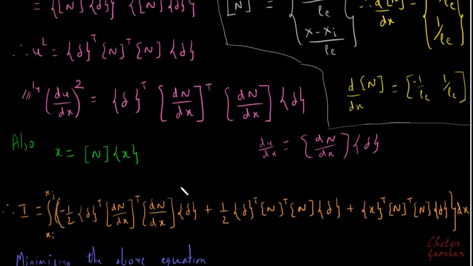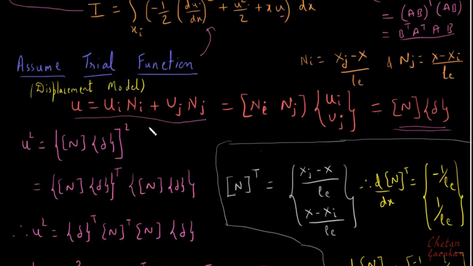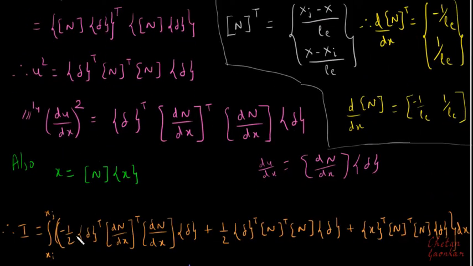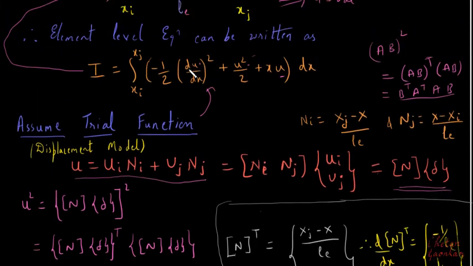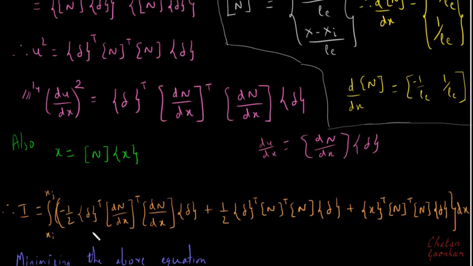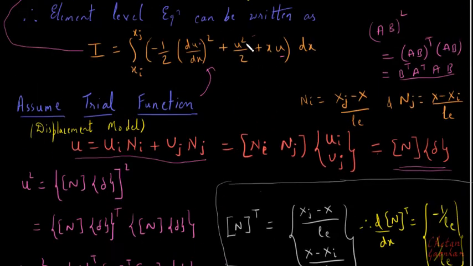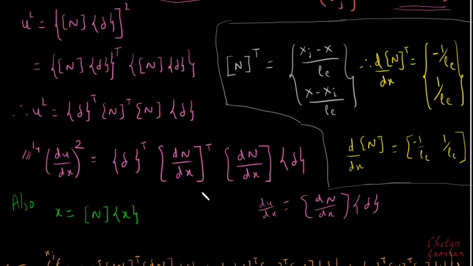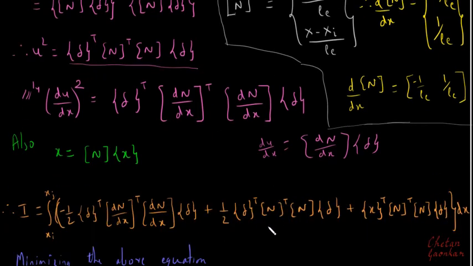And if I do the substitution, in place of minus half I have written minus half as it is, but in place of (du/dx) whole square, I will substitute this entire term here. And then again I have half into u square, so this half is written as it is, and in place of u square I have written this entire term as it is here.